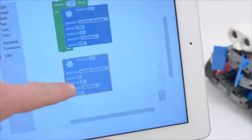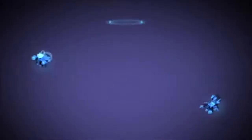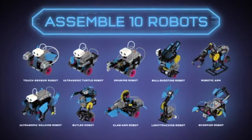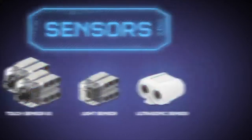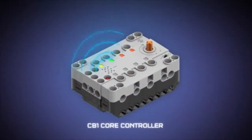Build, program, and control your own robotic creations with Robotics Workshop. Assemble 10 amazing mechanical robots using sensors, motors, and a CV1 core controller with a speaker and microphone that acts